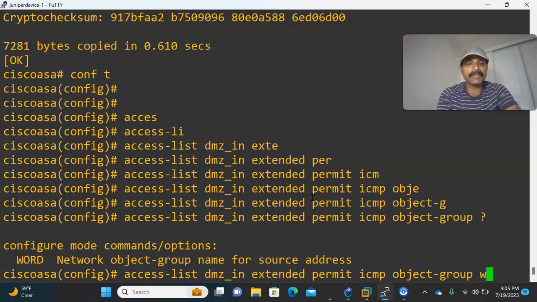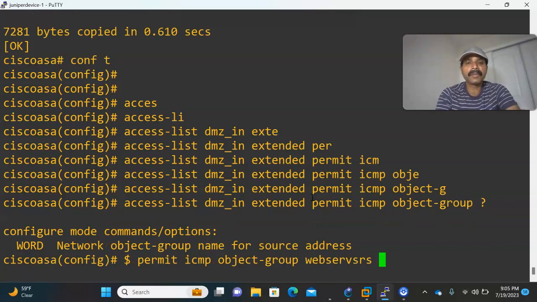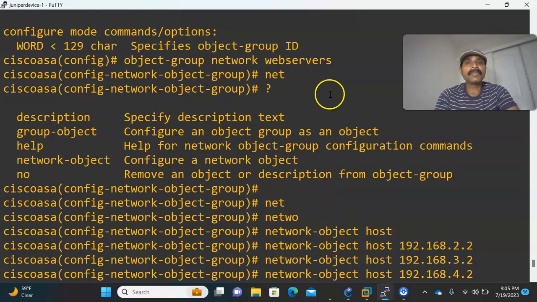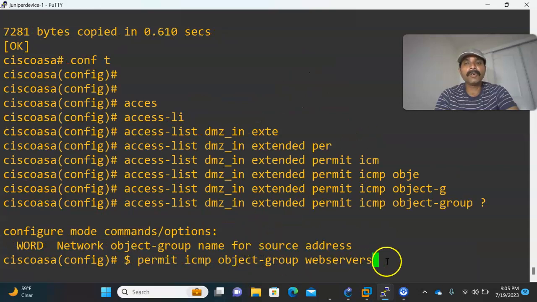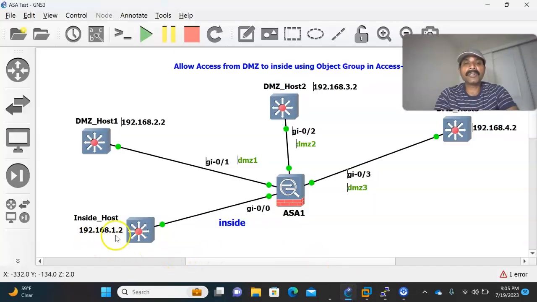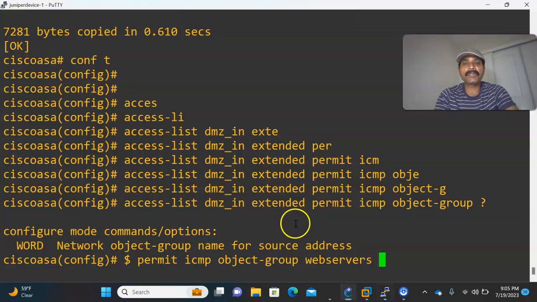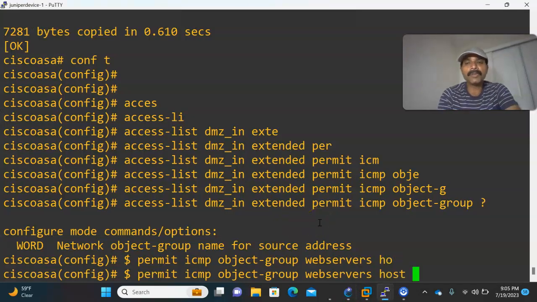The name we have created is web servers, right? So object-group followed by web servers, this is the source, then the destination host we have to specify. The destination host is 1.2. So this is already bound with the object group, and the destination host is host